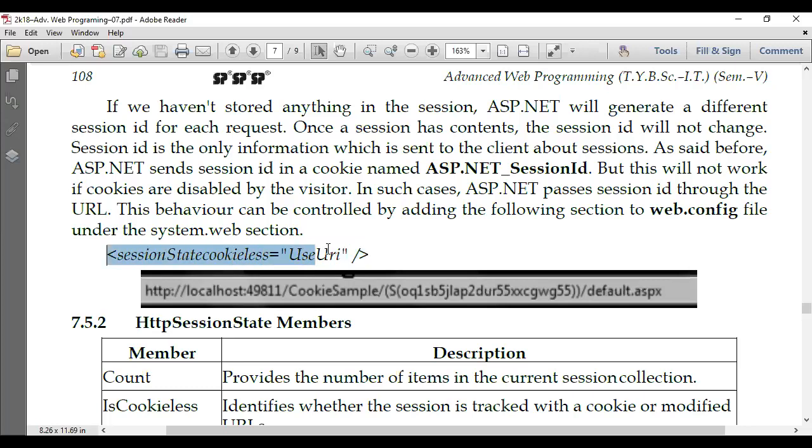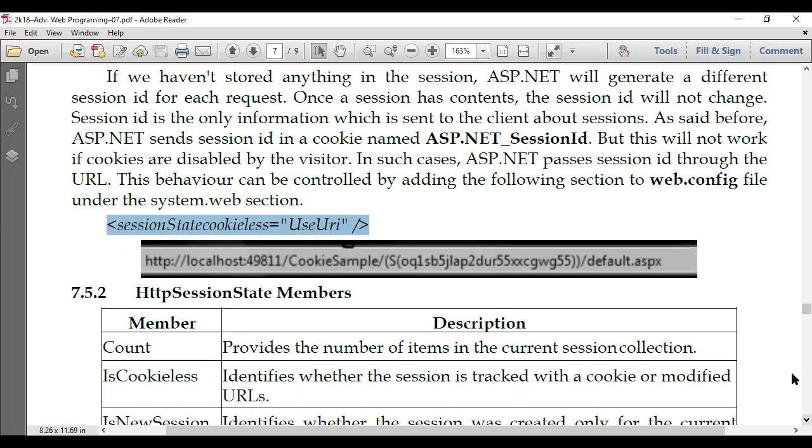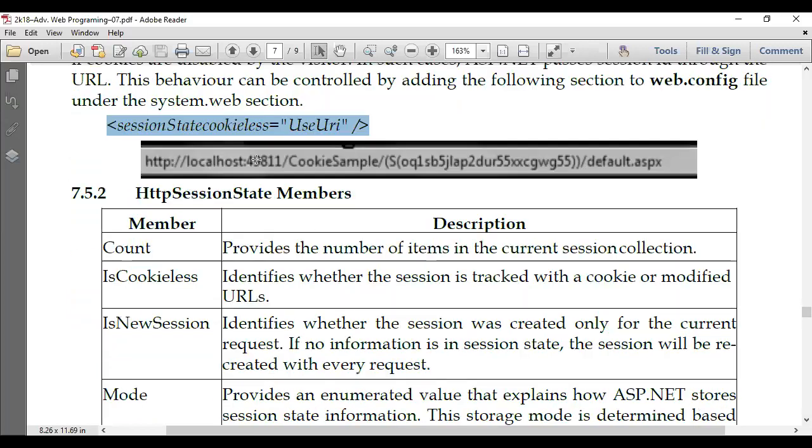Once we configure this, our session ID will be sent through the browser as shown in this particular image. You can see here, this is going to be a cookie sample. If cookies are not disabled, it will be stored on the client browser. Otherwise, through the browser URL, that session ID can be identified. You can see here in the brackets, capital AS. Please maximize the screen if possible. This is the session ID that is created uniquely for each user and server interaction.